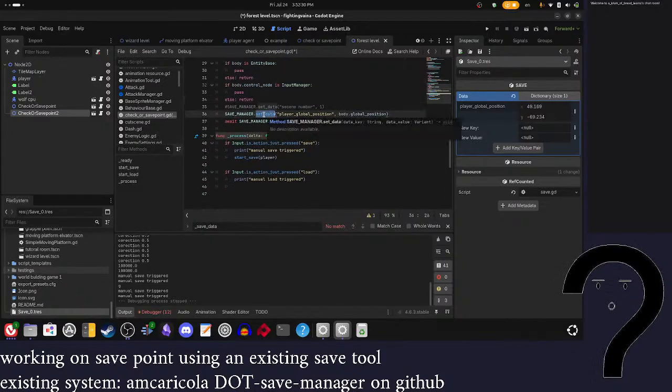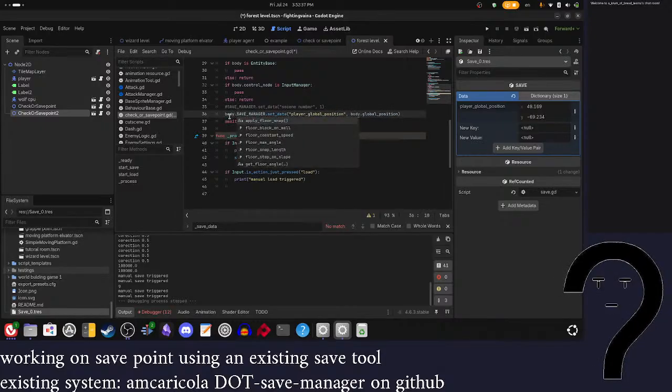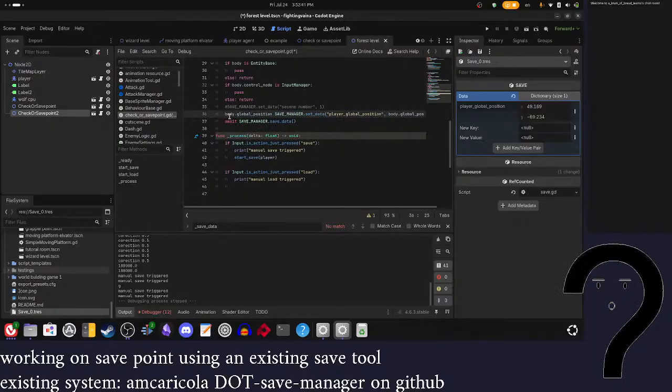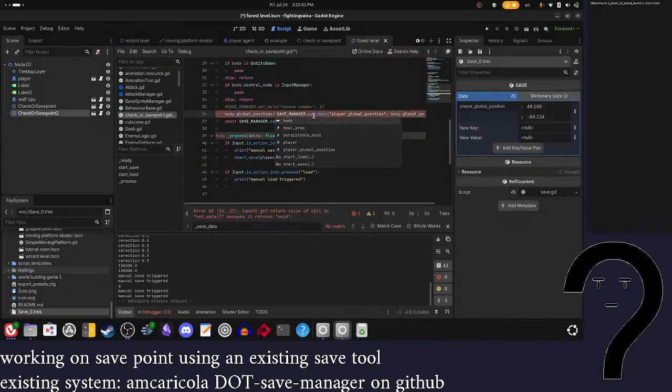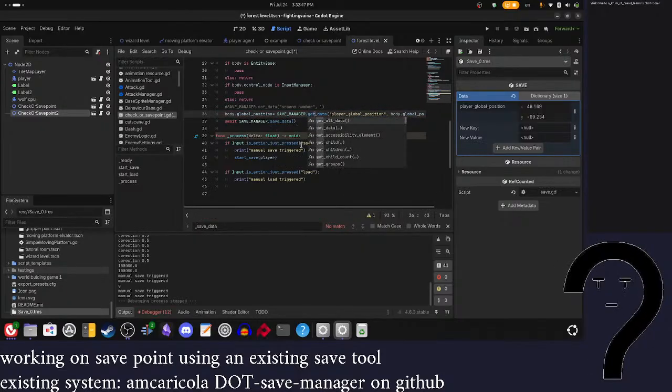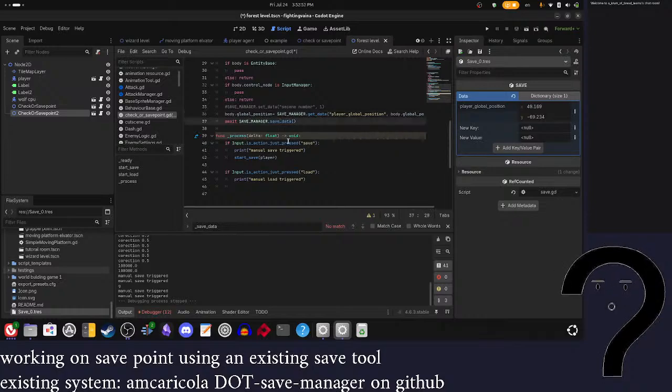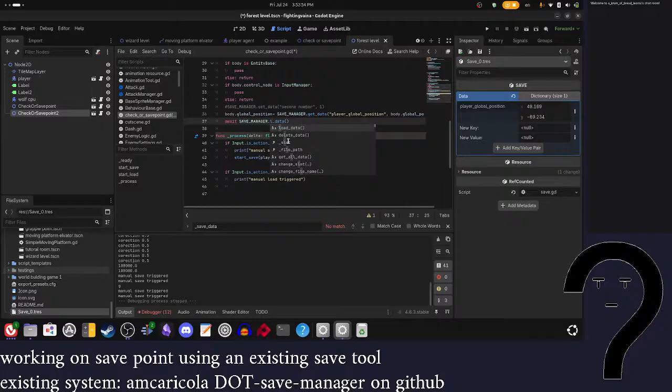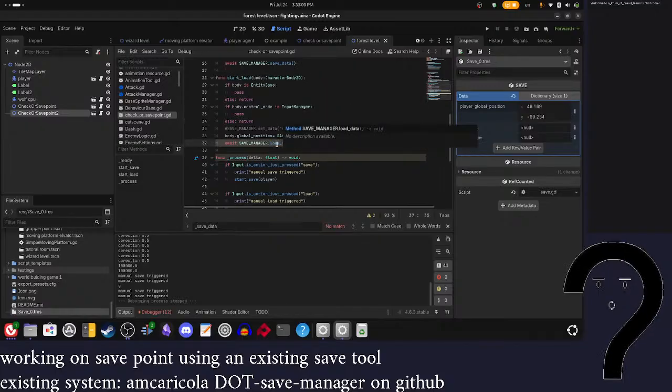Okay, body dot mobile position equals get data, and await load data, and then